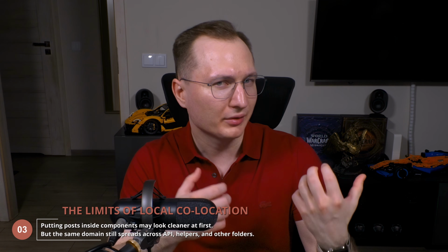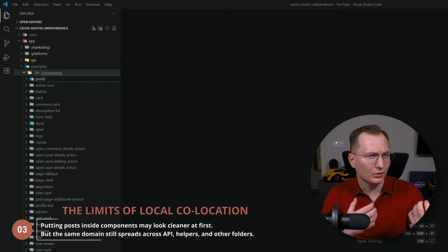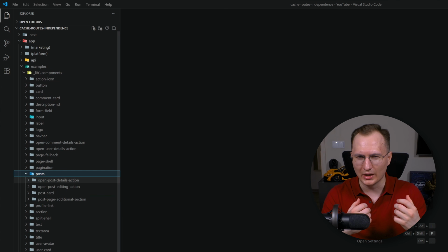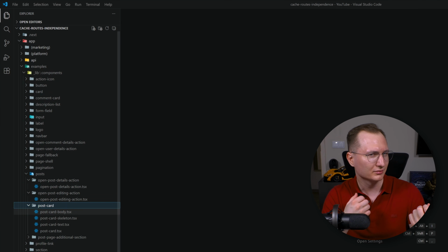But let's think about it. Why keep the flat structure at all if we can create a folder, for example post, and put all components related to the post there, right? Basically, we are doing a kind of collocation. The problem is that this is more of an attempt to treat the symptom than an attempt to fix the